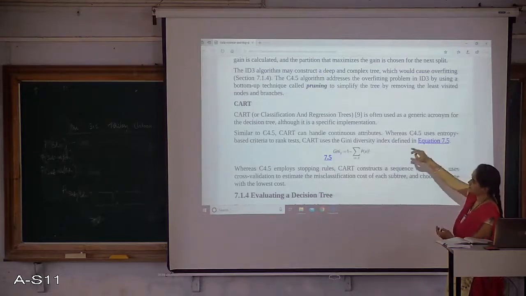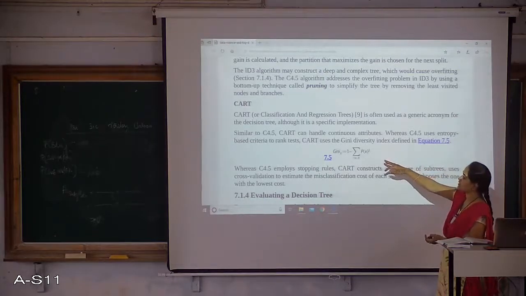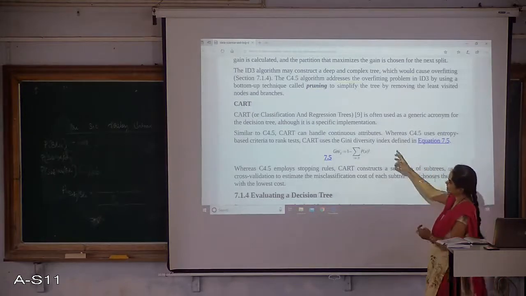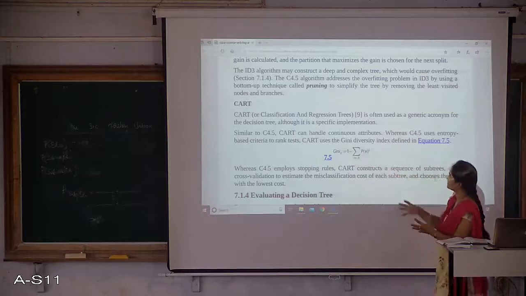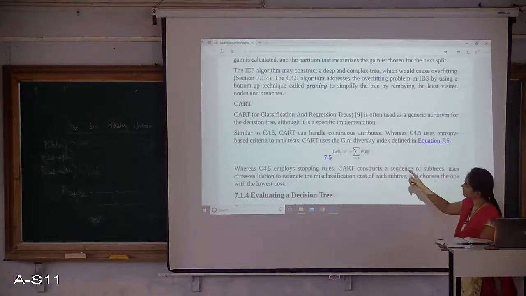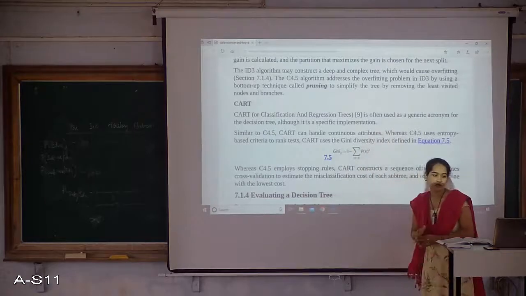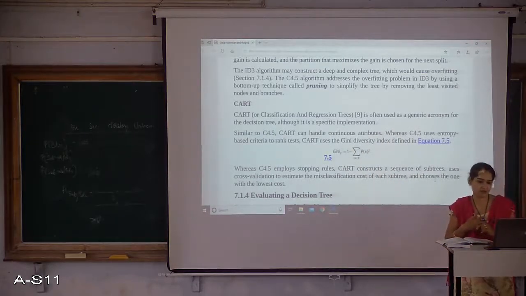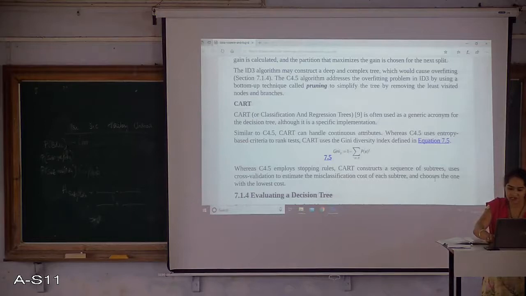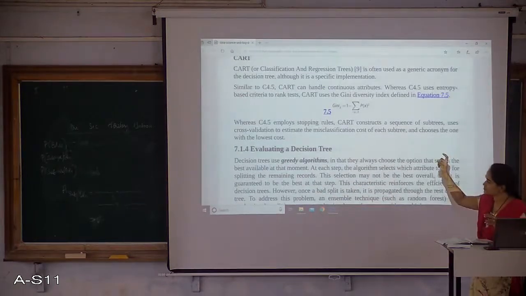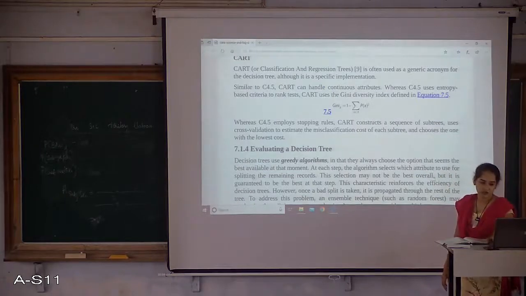It works based on the entropy-based calculation, as we have seen in ID3 also. And it even works with a Gini diversity index defined with a different formula. The formula is different in calculating the values of attributes in the earlier ID3 and here in CART. Only that is the difference in the calculation of these three algorithms.